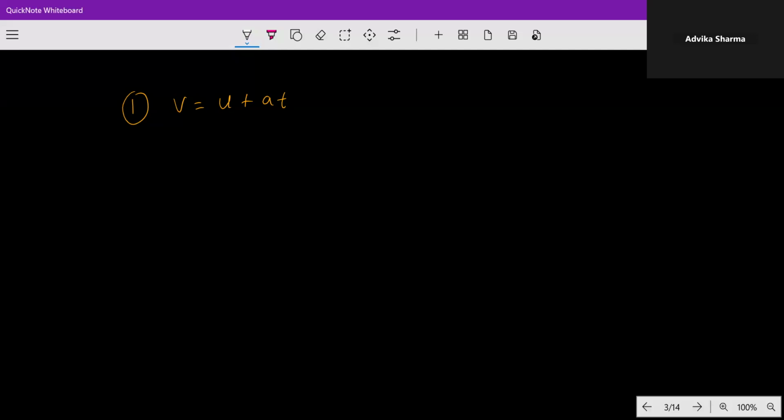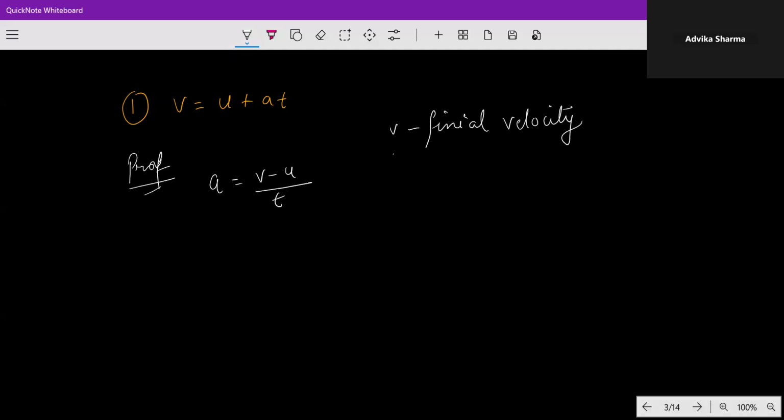To prove it, we know the formula of acceleration, which is v minus u over t, where v is final velocity, u is initial velocity, and t is time,